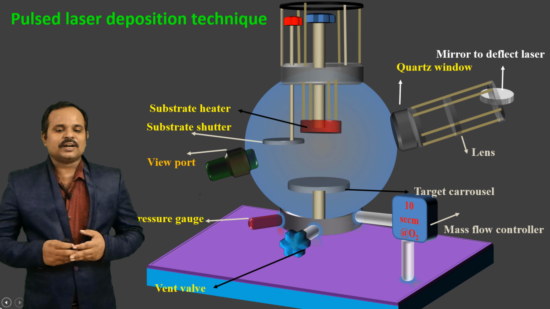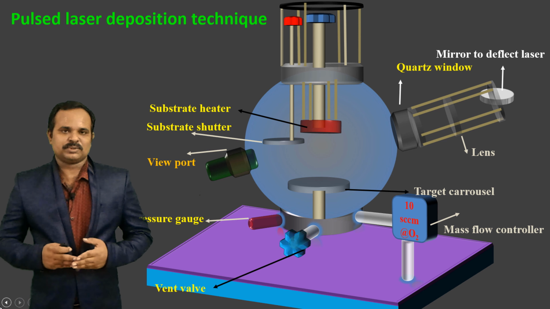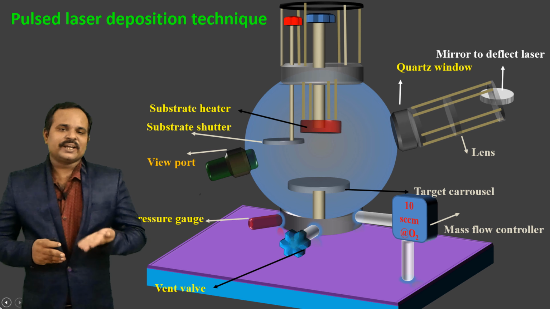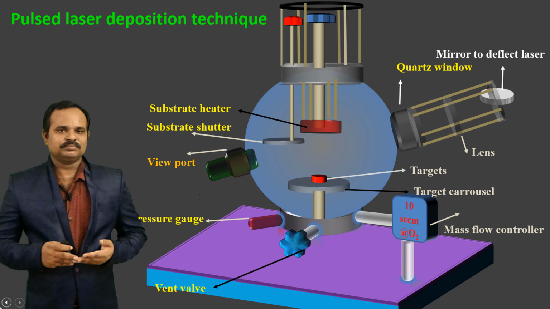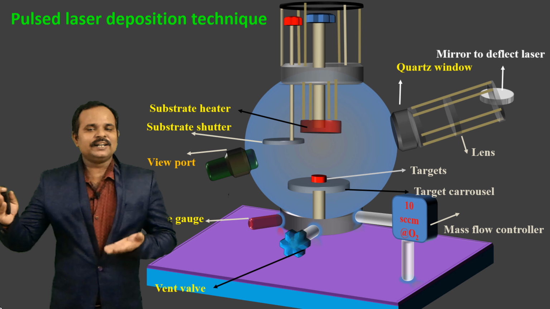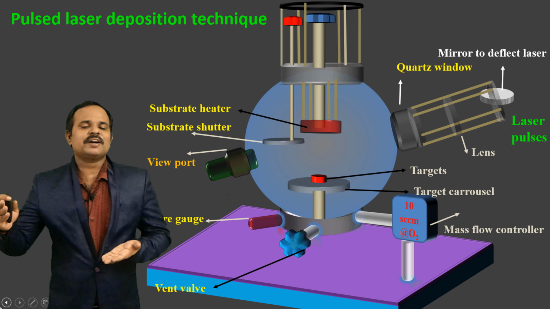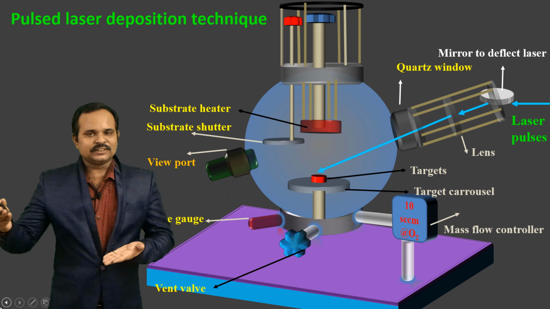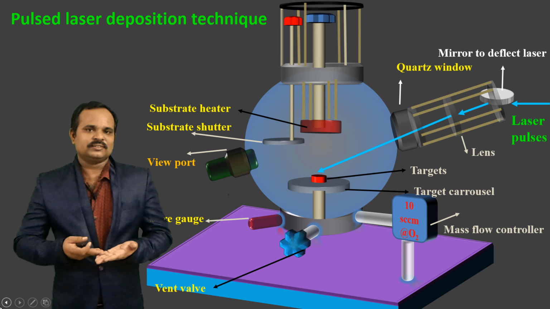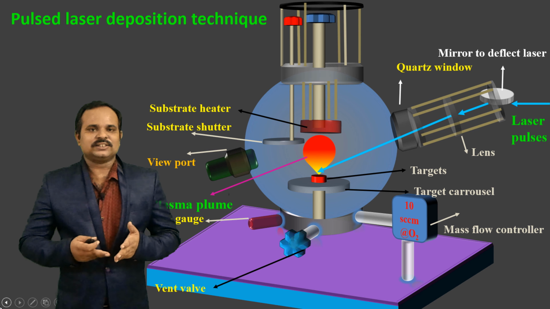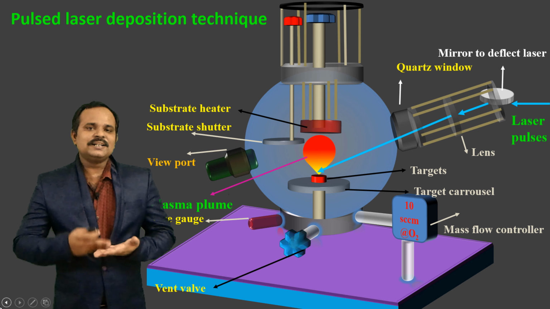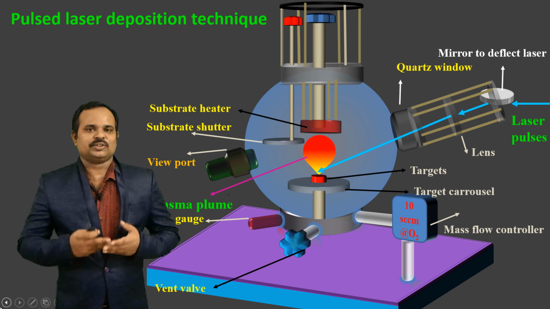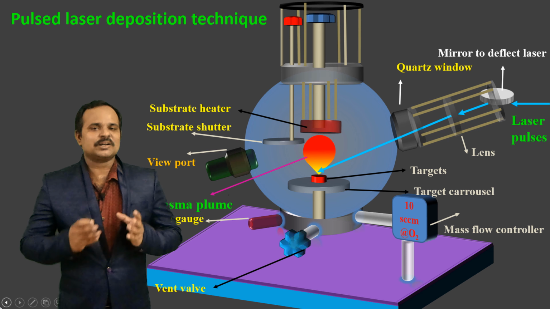There is another example of preparing nanomaterials, which is pulsed laser deposition. In this case, we have a vacuum chamber in which we place the target bulk material. Now, we send pulses of high intensity laser onto this target. When the laser interacts with the target, because of the high power in the laser, it instantaneously melts the material and evaporates it into the space in the vacuum. This process is called laser ablation.